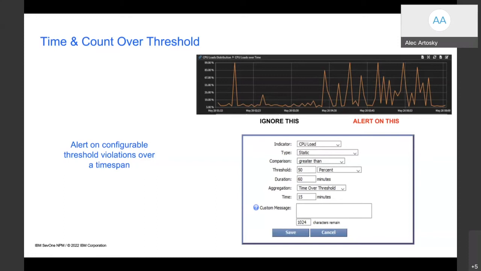So we can build alert policies that are not only configurable to individual metrics, but are also intelligent, in the sense that I can say, don't just tell me if it goes over once. Tell me if this is an ongoing problem. If I see this for 3 consecutive pull points, I want to be notified, versus being told you're over 90% because you went over for 10 seconds at 2 o'clock in the afternoon. Not only is it very customizable, it's also very intelligent. We can tell it not to notify me unless it sees a certain number of pull points over a certain threshold, which means I'm not just getting bombarded with alerts. I'm only being notified of issues that are actually problems.